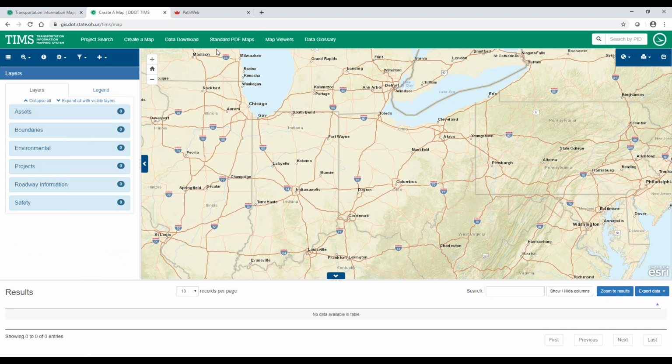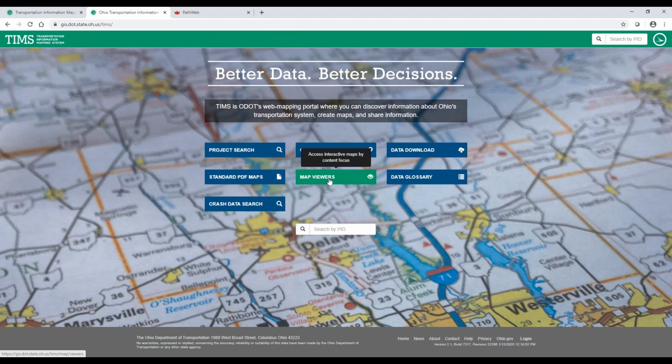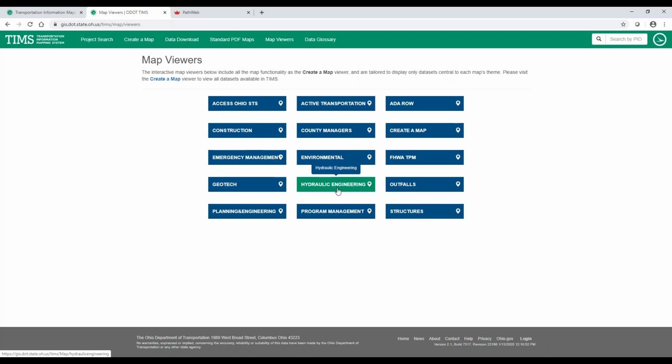And in those situations, we will create a map viewer. So the link is up here, or again from the homepage. So here's a list of offices or subjects that have requested individual map viewers, and all of these are publicly available, so you're welcome to click through and see if there's anything of interest. We're just going to look at the environmental map viewer today,